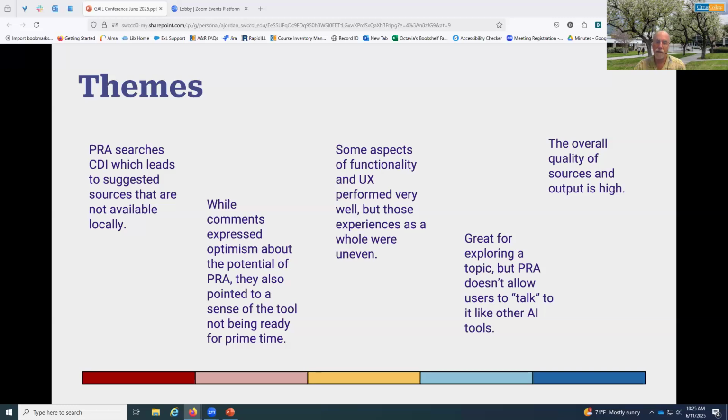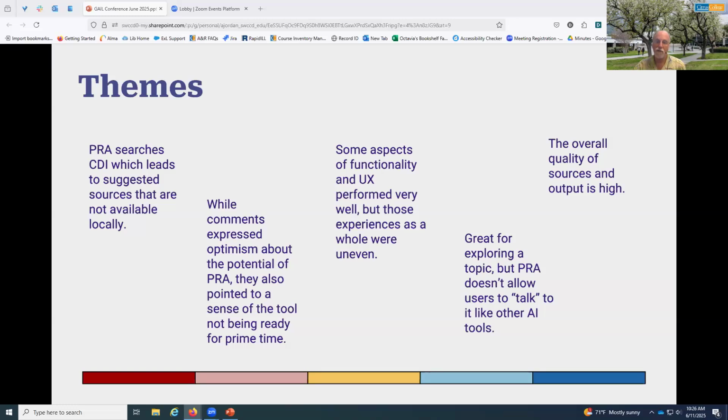We also saw a pattern of comments suggesting people thought there was real potential for PRA, but this was coupled with the sense that it's just not quite there yet. I think this is very likely related to the problems articulated with the access to sources or lack thereof.